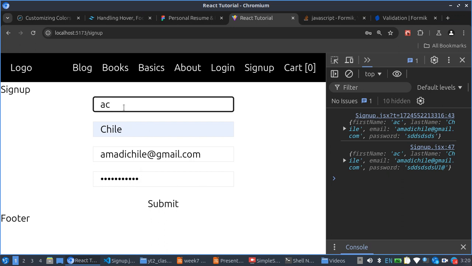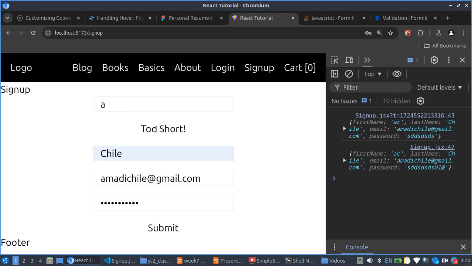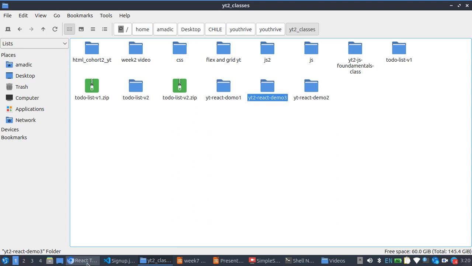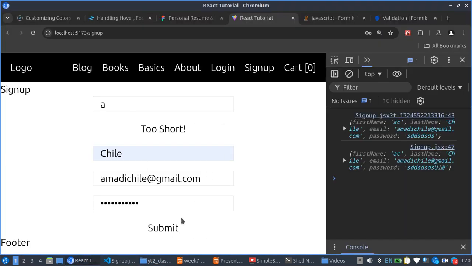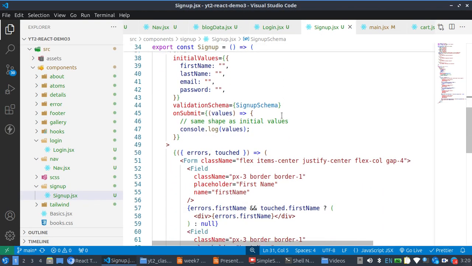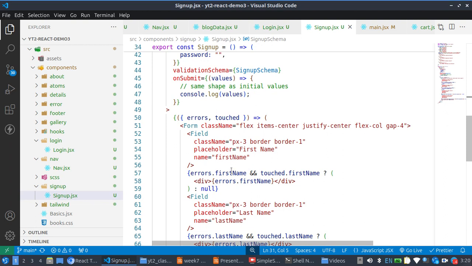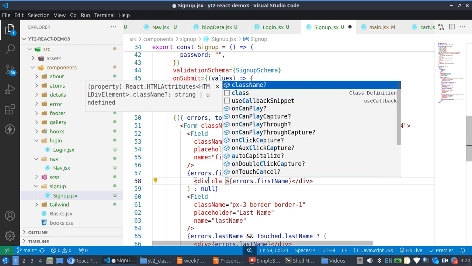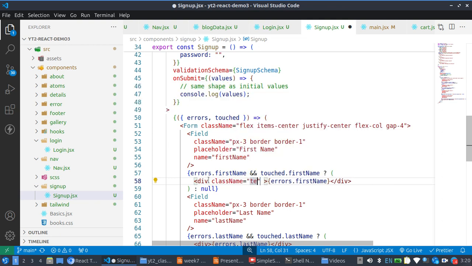So the last thing that we can do now is to style our error. So let's say I remove this one. You notice the error text is too big. So let's make it smaller and red. So what I'm going to do now is to come here inside this my error div. So I'll have a class